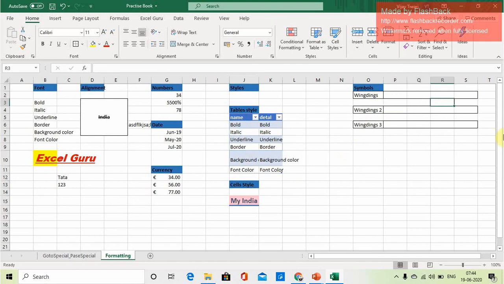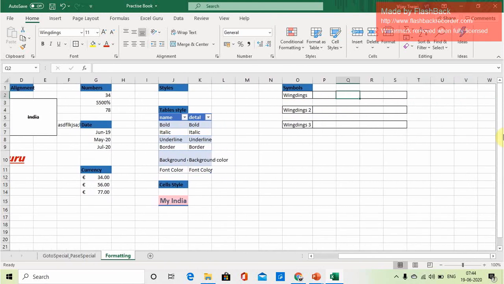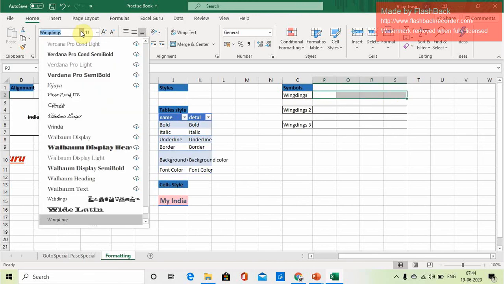Now comes some symbols. Let's understand some symbols. Sometimes it is required that we need to use some symbols in our Excel formatting or something. So to get the symbols, there are three things I will make you understand: Wingdings, Wingdings 2 and Wingdings 3. This comes in this option.